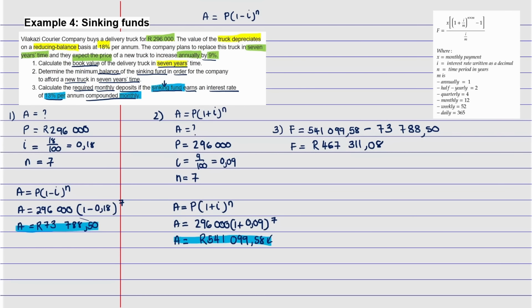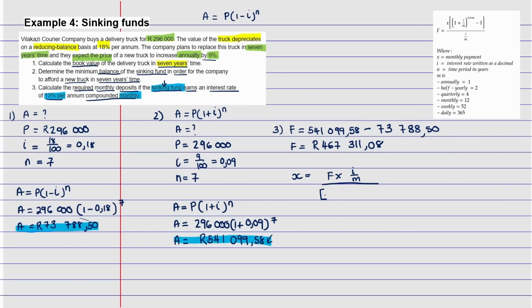So with that out of the way, we know that the amount we need to save up is 467,311.08, and we need to know how much monthly installment we need to pay. So we're going to use the future value formula to calculate that. I'm going to write my formula already. X is equal to F multiplied by I divided by M, and that whole thing is going to be divided by